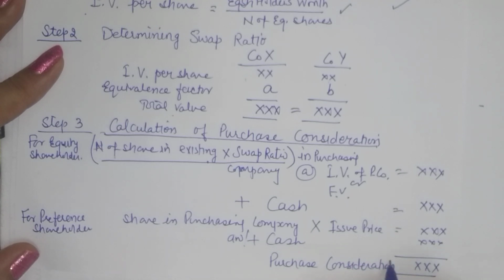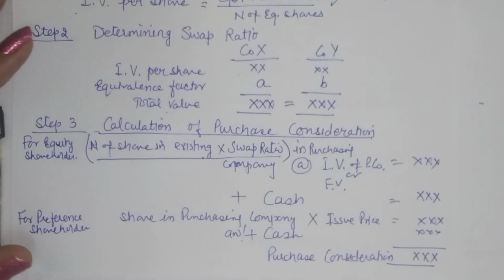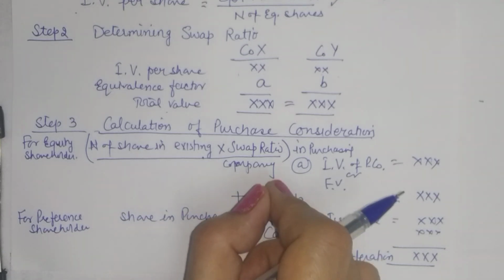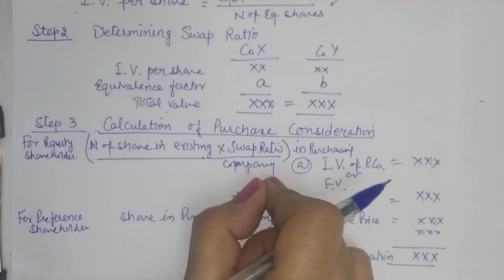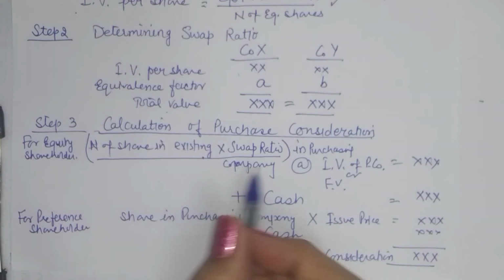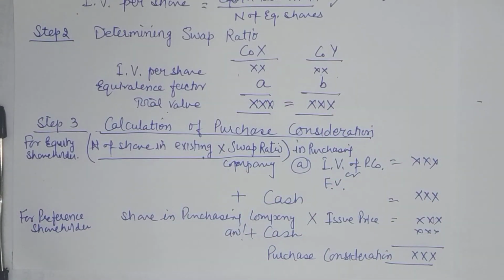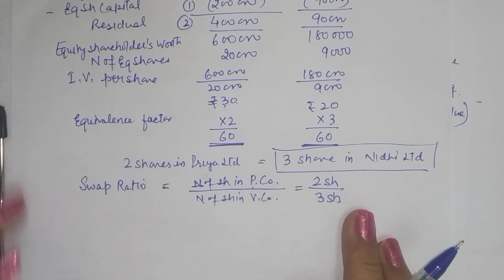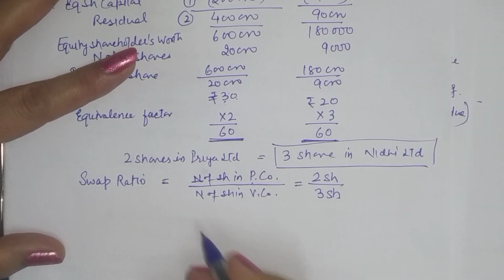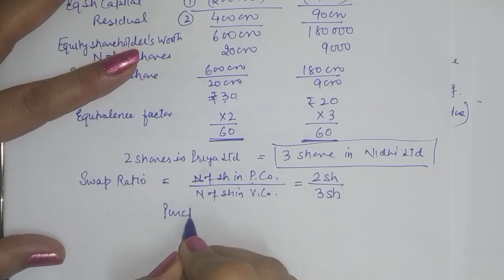So purchase consideration is the consideration in the form of shares or cash given to the shareholders of the liquidating or vendor company, and how many shares will be given will be based on the swap ratio, and swap ratio is the equivalence factor. So like in the present case, your swap ratio is 2 shares for every 3 held. So the purchase consideration will be